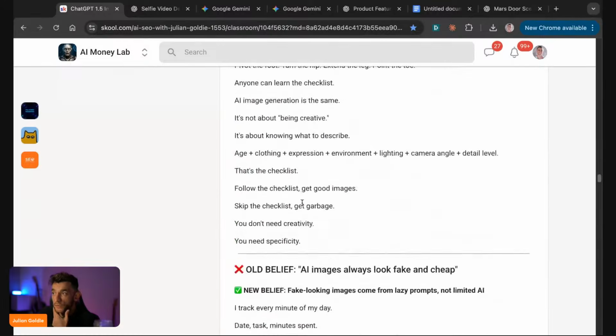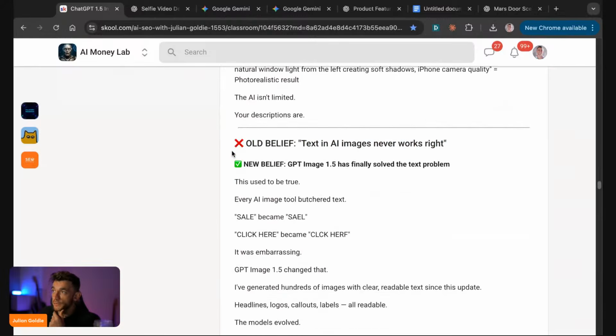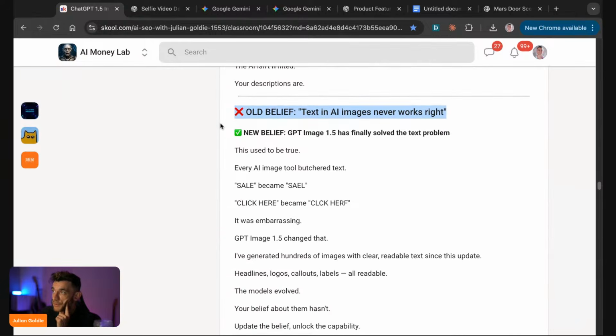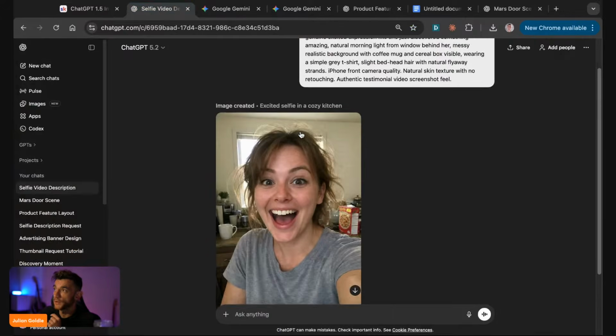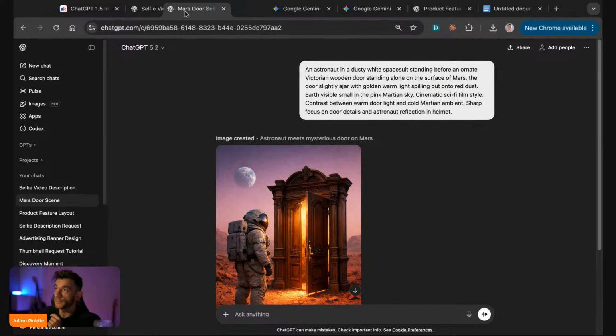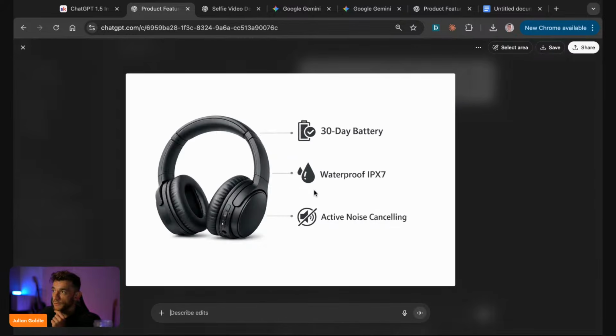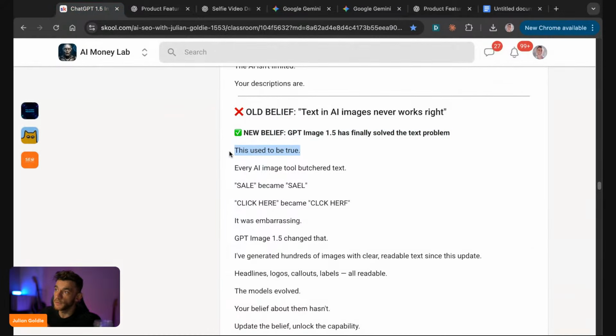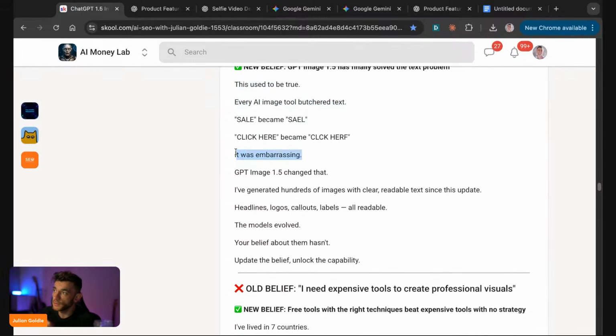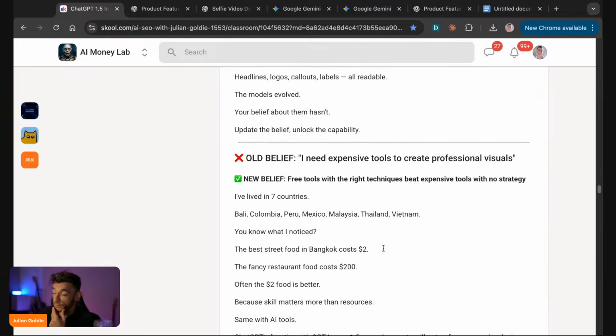Let's run through some of the limiting beliefs. I know some people say text in images never works, right? But I think GPT Image 1.5 has solved the text problem. For example, if we go back to some of the stuff that we generated earlier, you can see that the text itself is rendered nicely, and it's all spelled correctly as well. This used to be true, but I think GPT Image 1.5 has really changed that. I've generated loads of images with this, and it seems to have evolved and unlocked that capability